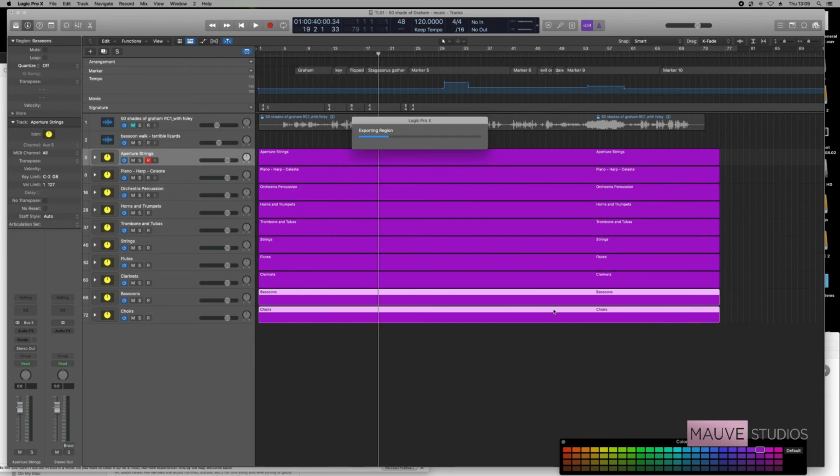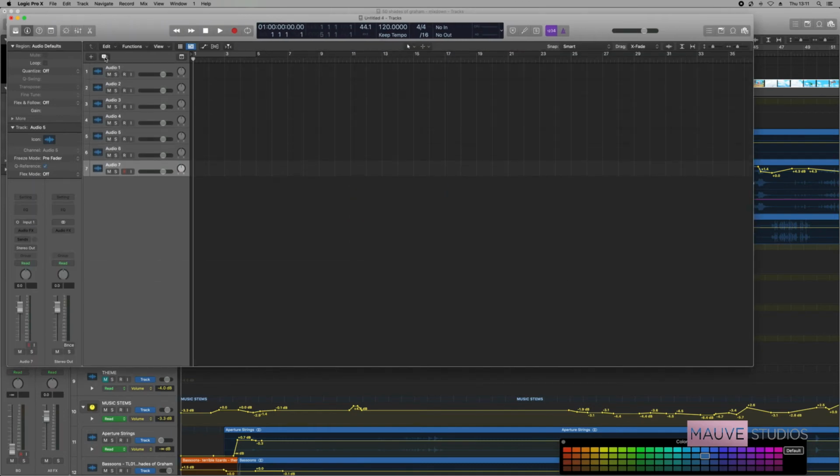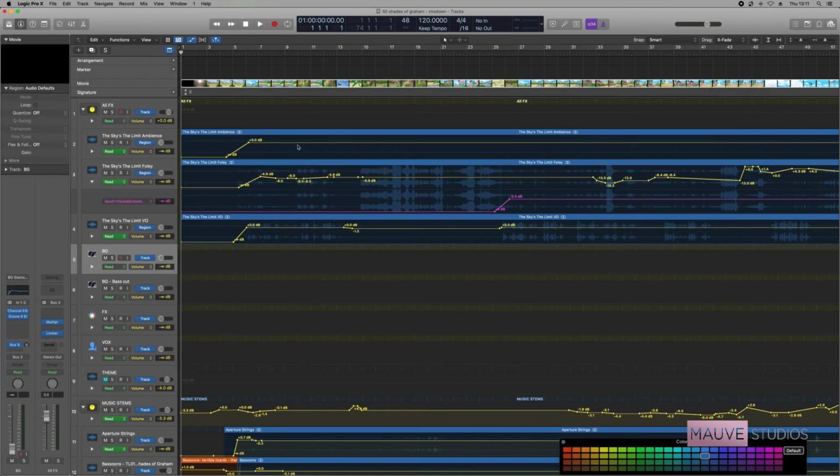And there you go, you can see it's getting quicker. Bassoons, and then the choirs are last. So then you've got two options. You could either do loads of new tracks in a new project and drop your stems in and start mixing away from there. Or you can do, as I've done because I'm in the middle of a production,